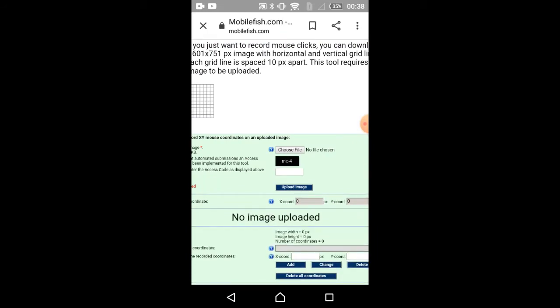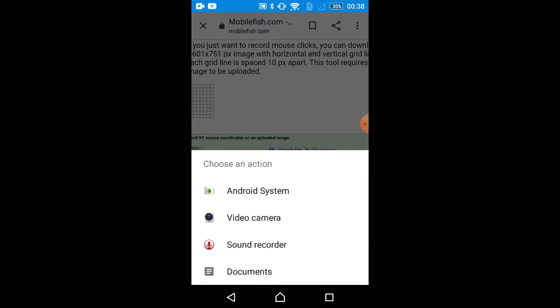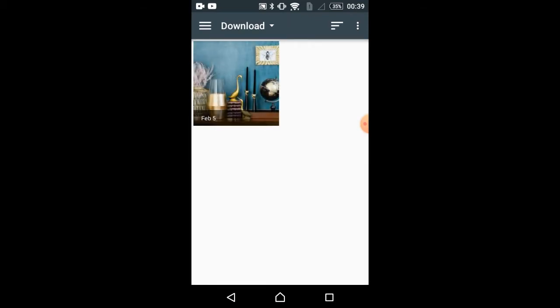So after that, just click on choose file and select the image from your files. So here my image is being selected.